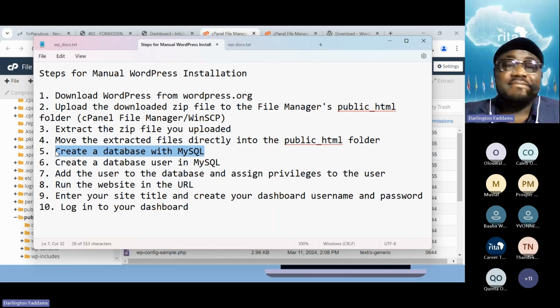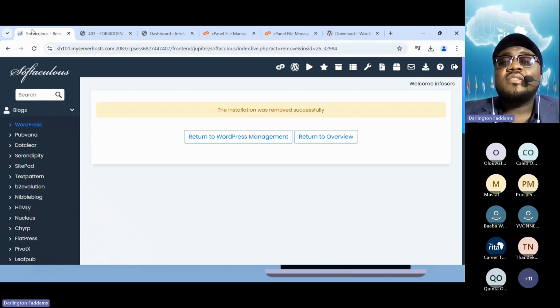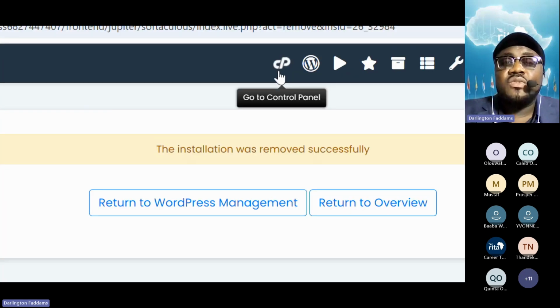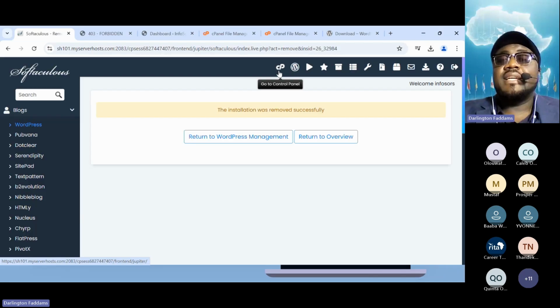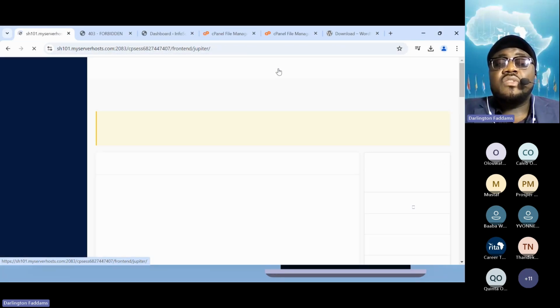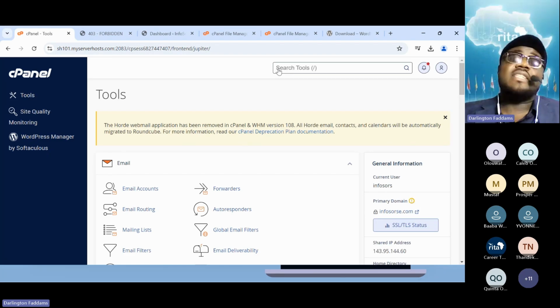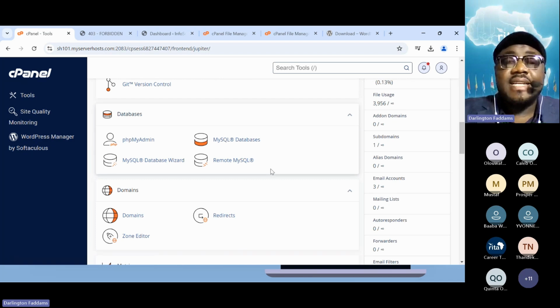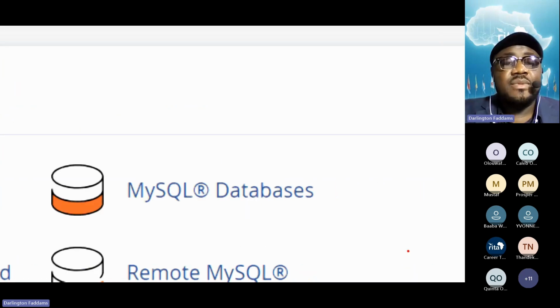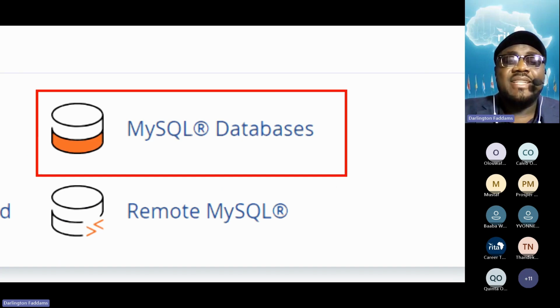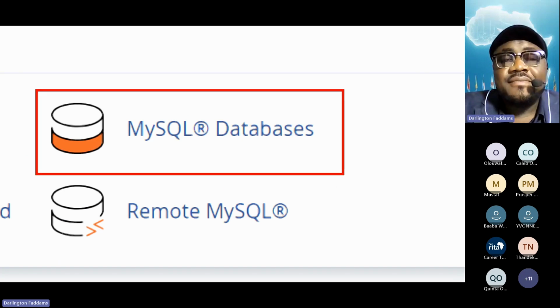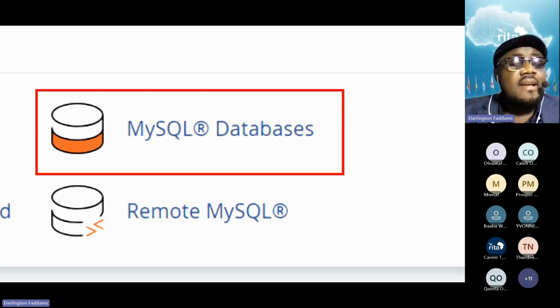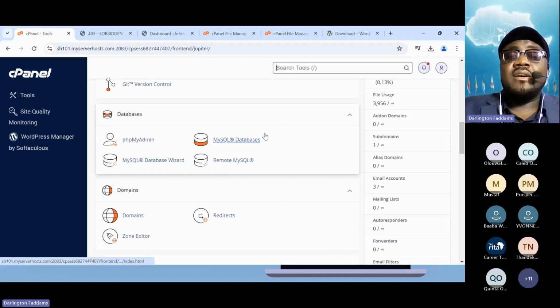That's right on point. All right, so go back to where your subdomain is. That's your cPanel, and click on CP. CP means go to control panel. Click on this CP here, and it will take you to your control panel. Once you get into the control panel, look for MySQL database. That's it, right here. This is a LAMP stack. You work with MySQL. If you see MySQL database, it means you are almost there. Click on it,